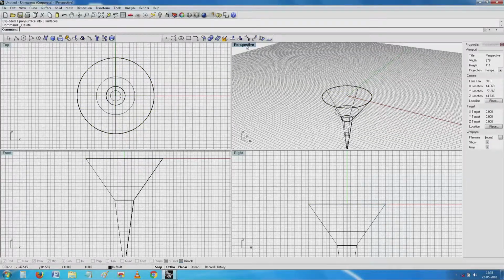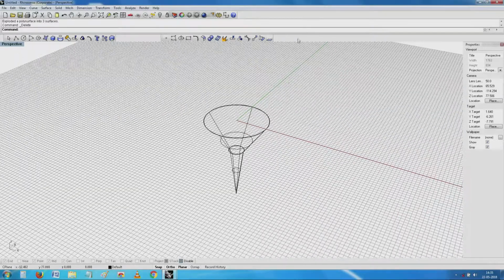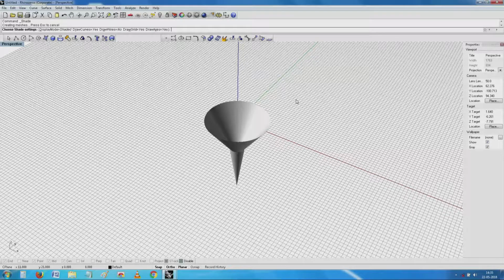So, what do I have here? I have what looks a little like a funnel. The advantage for me is all the geometric dimensions are available for whatever I want.